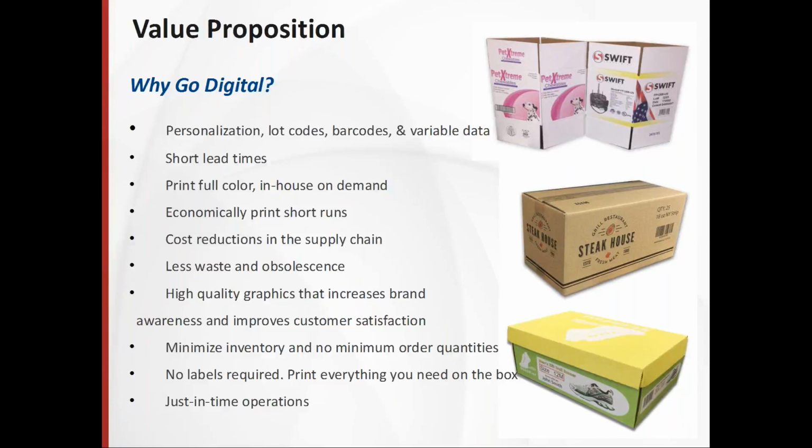There are a lot of cost reductions, whether it's inventory, labor, and so on, a lot of different areas. It does decrease your waste and obsolescence. It typically improves the quality of your graphics because it's very high resolution, in this case 1600 dpi. You minimize inventory, you no longer have minimum order quantities, and no labels are required, so you print everything you need on the box, and you can do it just in time. And here's a couple of different examples,